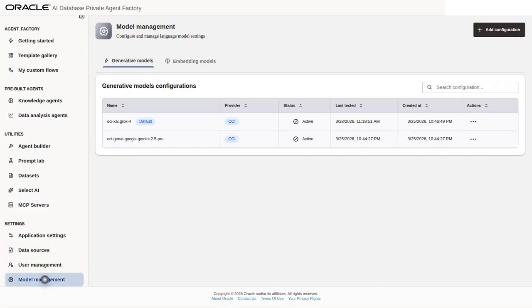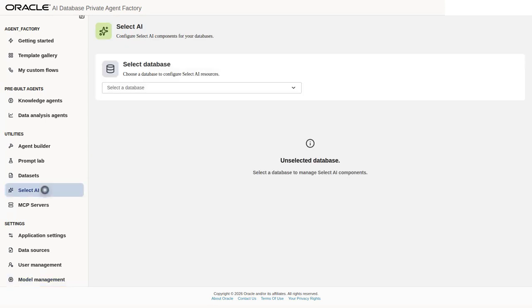Model management centralizes approved model configurations. OCI-backed generative models are active here, which means flows and agents can reuse governed model definitions instead of each team configuring models separately. Select AI is the most important screen for autonomous database customers because this is where the application